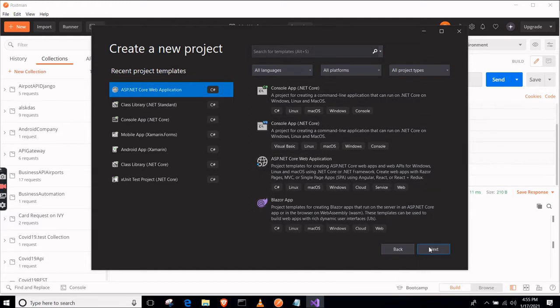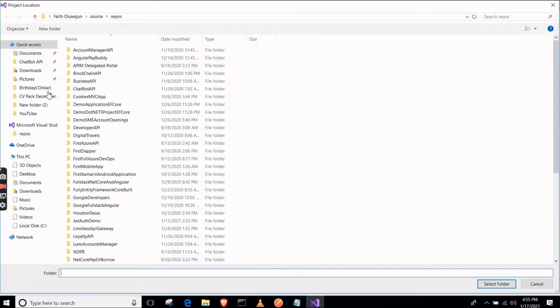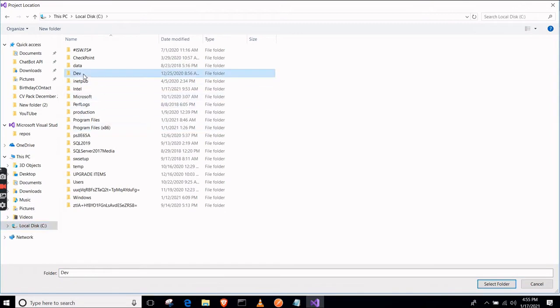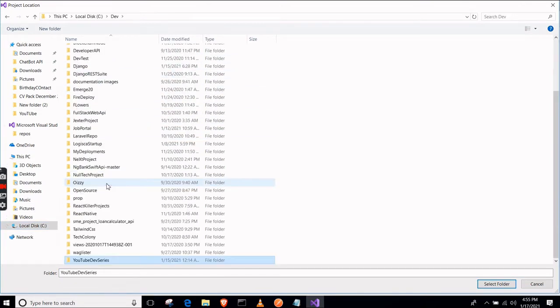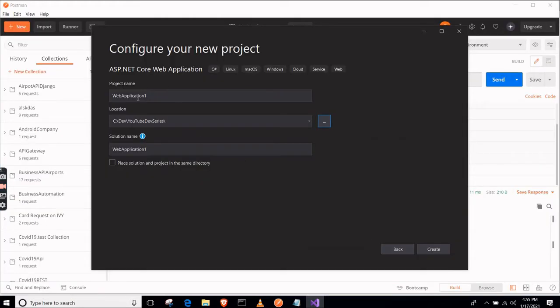Select ASP.NET Core Web Application. Click Next. Let me select the folder I want it to be in. I want it to be in dev. I have YouTube that says yeah, cool. So I want it to be here. Okay, let's call it